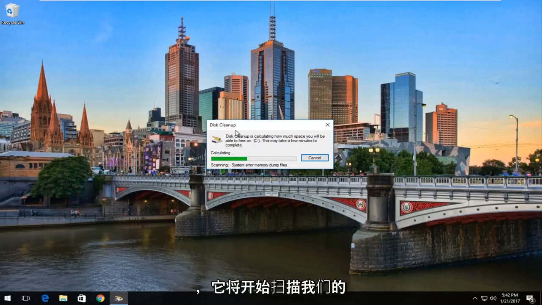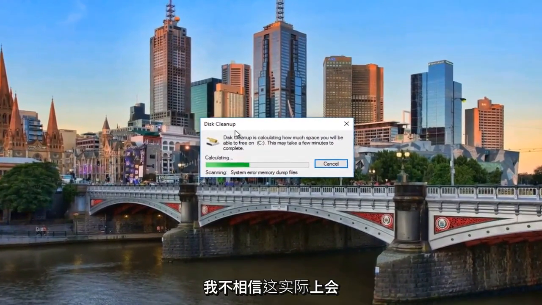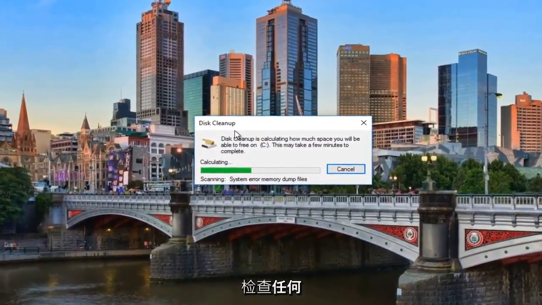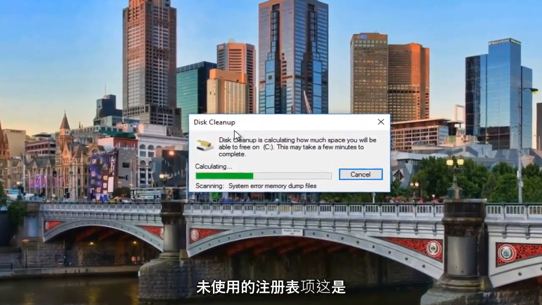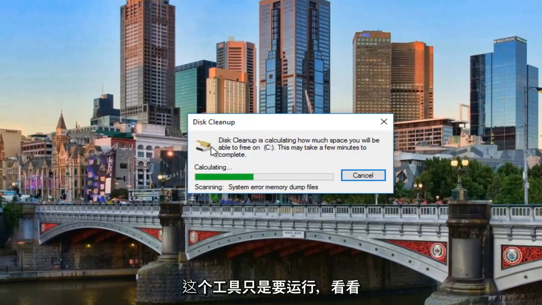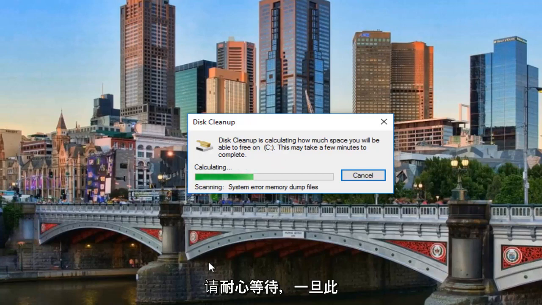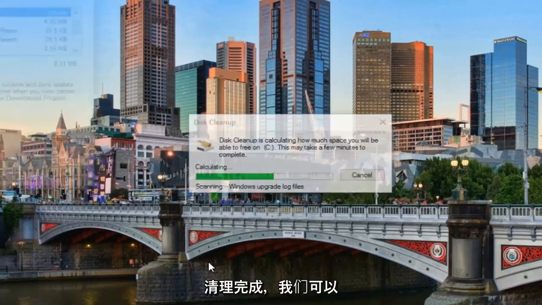And it'll begin scanning our system to see if there's any temp files, anything in the recycling bin. I do not believe that this actually checks for any registry keys that are unused. That is one thing that CCleaner does pretty well. I've never actually had an issue with it. I've always backed up the registry as well, but that's something that you can do on your own. This tool is just going to run and see if there's any remnants that could be easily detected by this utility and that are not really helping your computer at all. So depending on how often you run this scan, it could take a while, so just be patient here. And once this disk cleanup is finished,